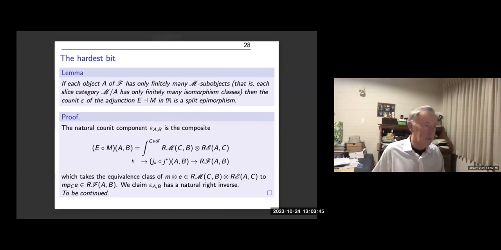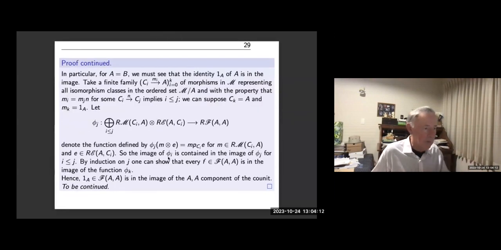The hard direction, that uses that last axiom on the idempotency thing, is just to show that the co-unit is a split epimorphism. So you've got to really work to do that. And I'm running out of time, so I don't want to continue the details there. But you prove that it's a split epimorphism by using a bit more structure and some careful work. And this is the thing I didn't believe that Kuhn had this argument, but I had private conversations with him, and he convinced me. And so this is really just taking his argument and generalizing it a bit